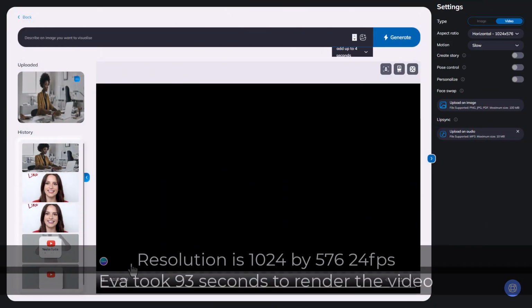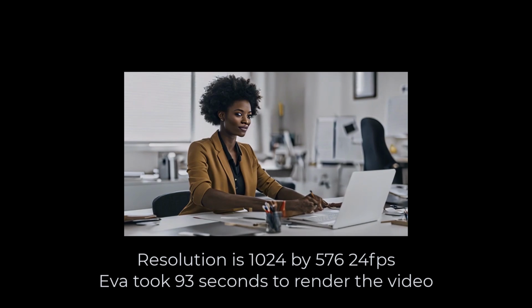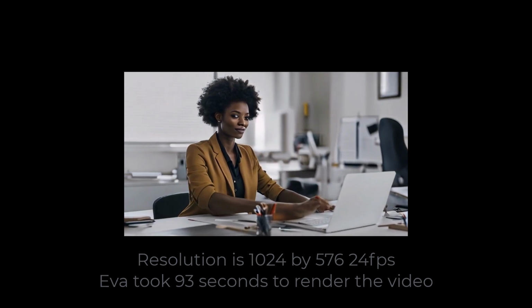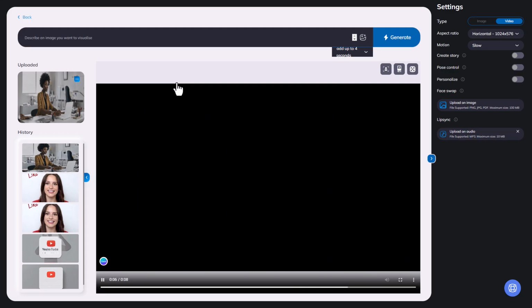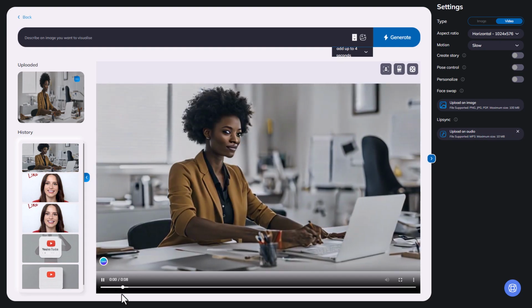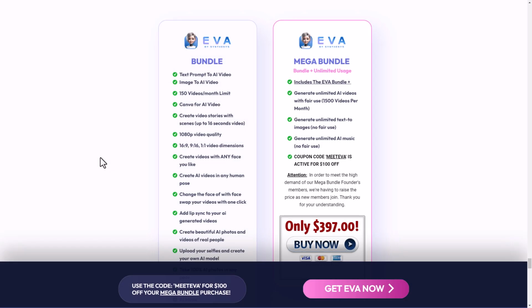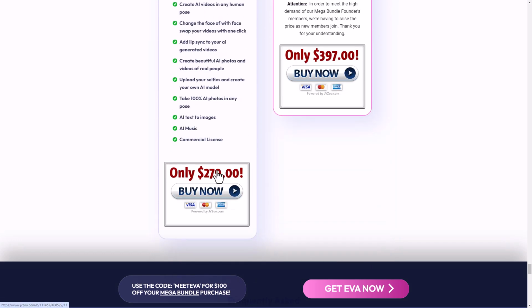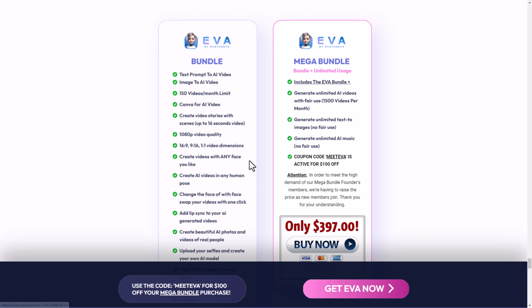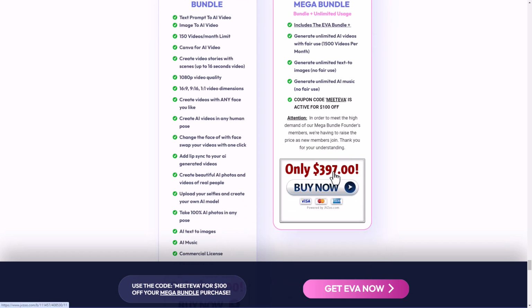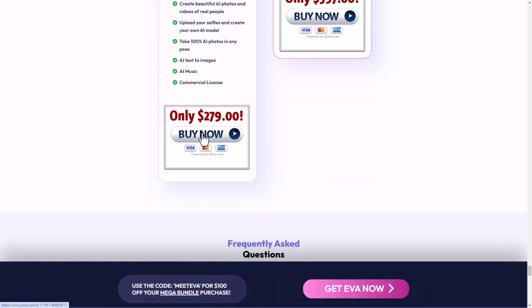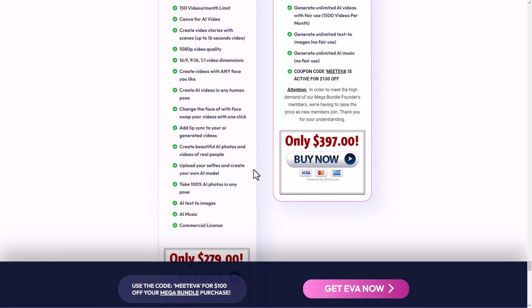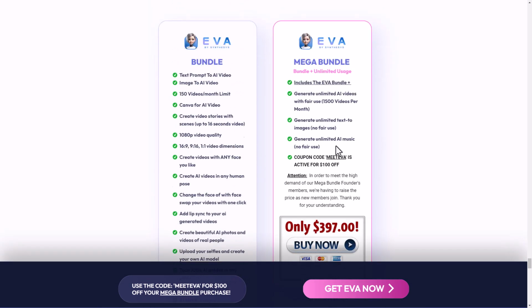So I'm back in Eva AI and we can see our video is generated here. We've got our typical AI problems of the fact that hands aren't very good and things like that. So I'm in the Eva sales site and we can see Eva costs from $279 and there is a $397 package, but you can get $100 off, so that would be $297. So for $20 more, you might as well get the bigger bundle,